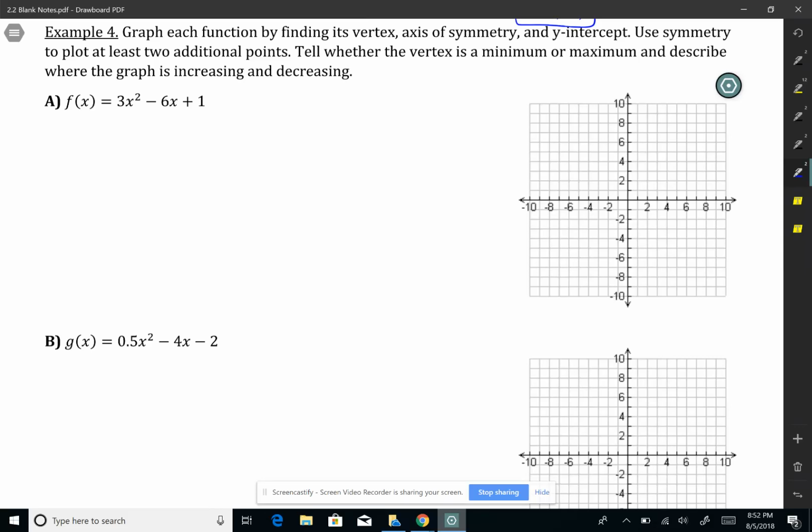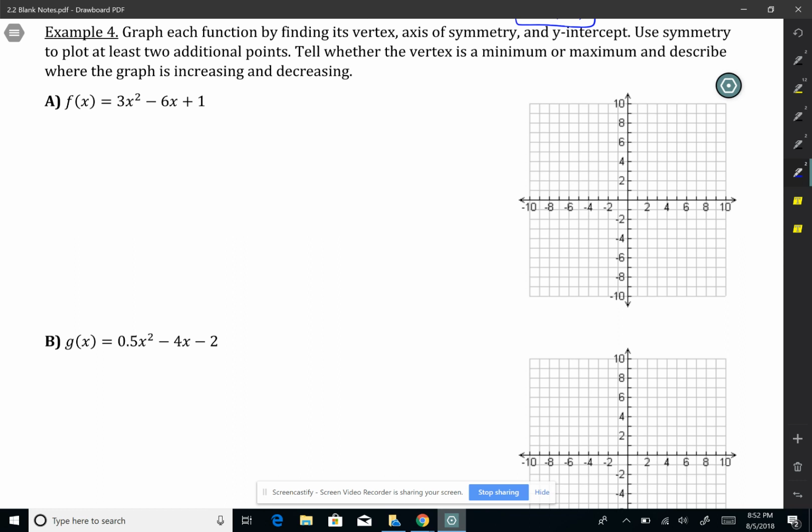Okay, we're back to do our 2 examples of what your learning target is, which is graphing from standard form. So your instructions are: graph each function by finding its vertex, axis of symmetry, and y-intercept. Use symmetry to plot at least 2 additional points. Then for these, we're going to tell whether the vertex is a minimum or maximum and describe whether the graph